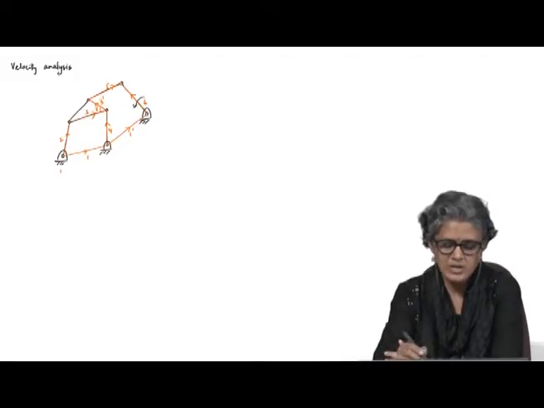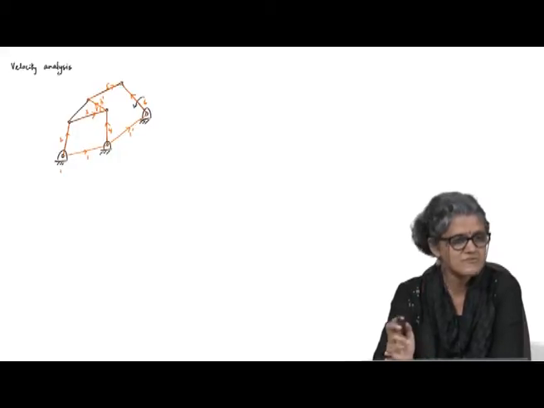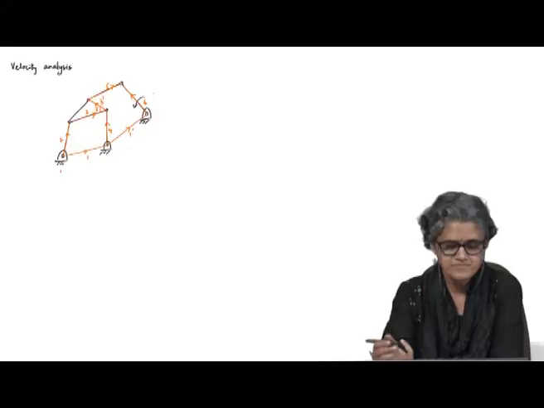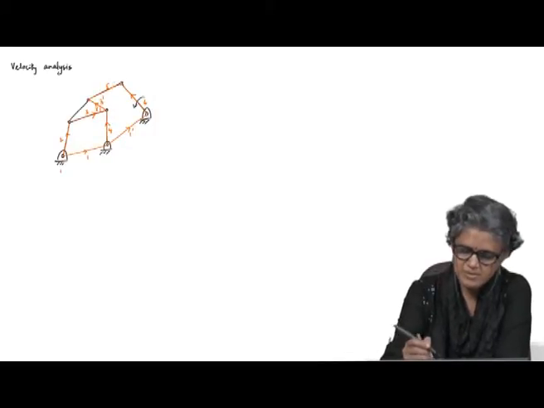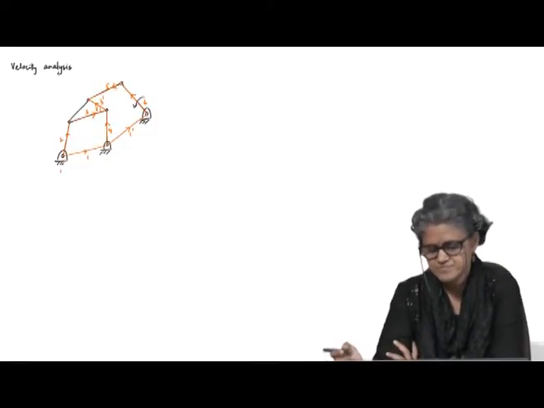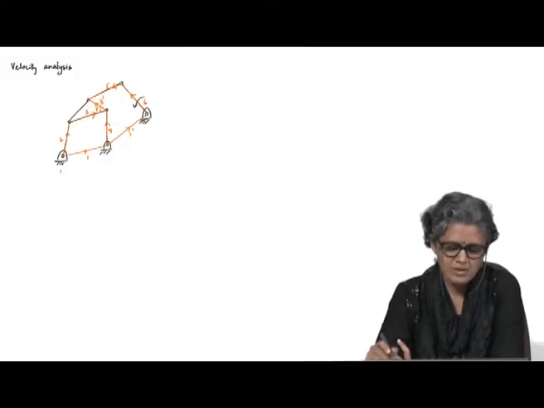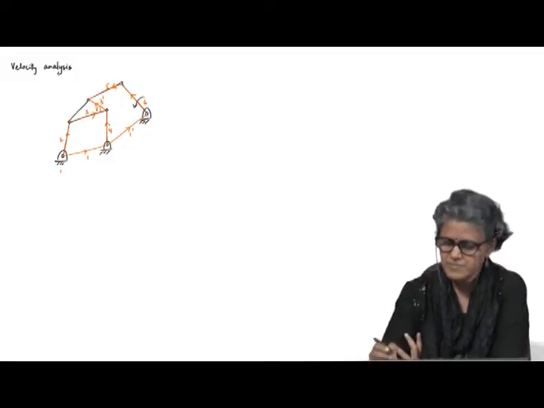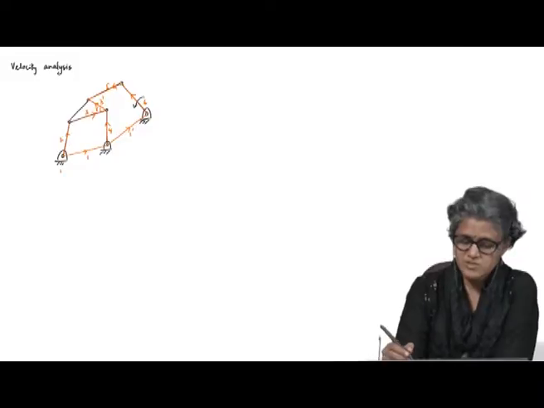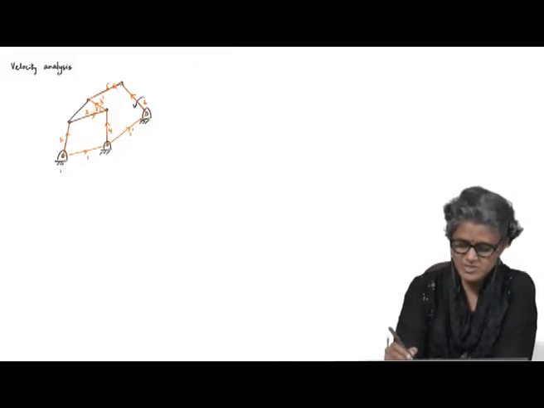Okay. So, one loop is 1, 2, 3, 4, the other loop is 1 dash, 4, 3 dash, 5 and 6. I can even take 5 this way. No particular reason, but you can do that. Okay. So, if I write the 2 loop closure equations, I have,